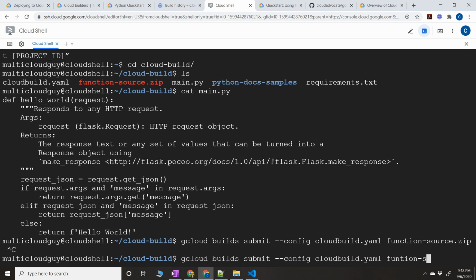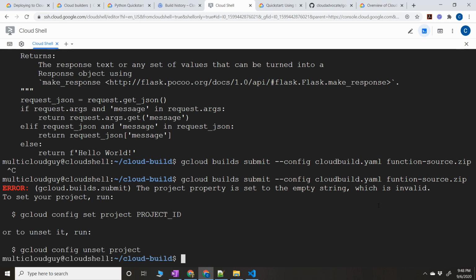So this is the source .zip. When you're trying to run from gcloud builds, from the gcloud interface or the command line, you have to give the source as a zip file. So I have compressed main.py and requirements.txt into the zip file, and I'm passing that as a source. Now if I run this,